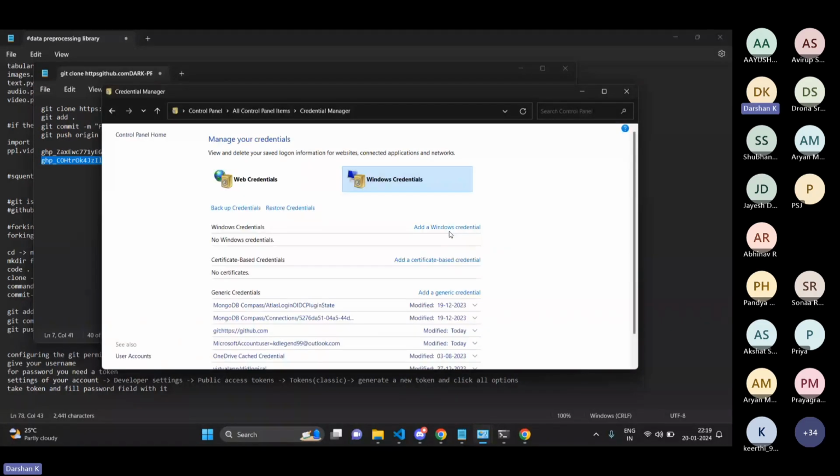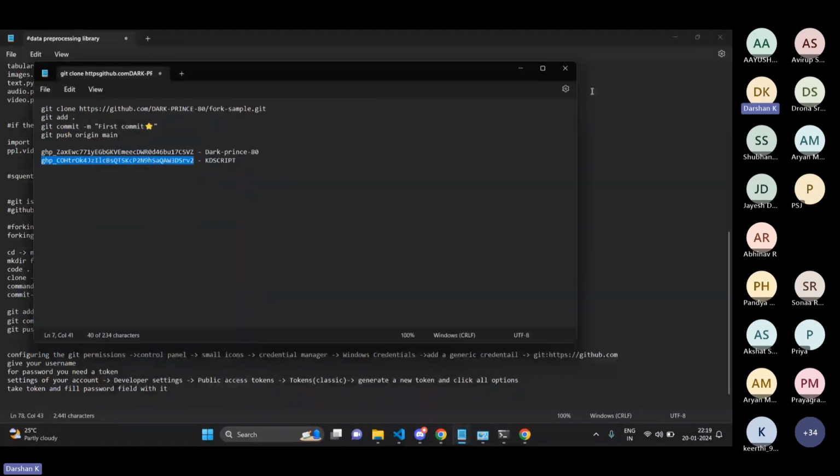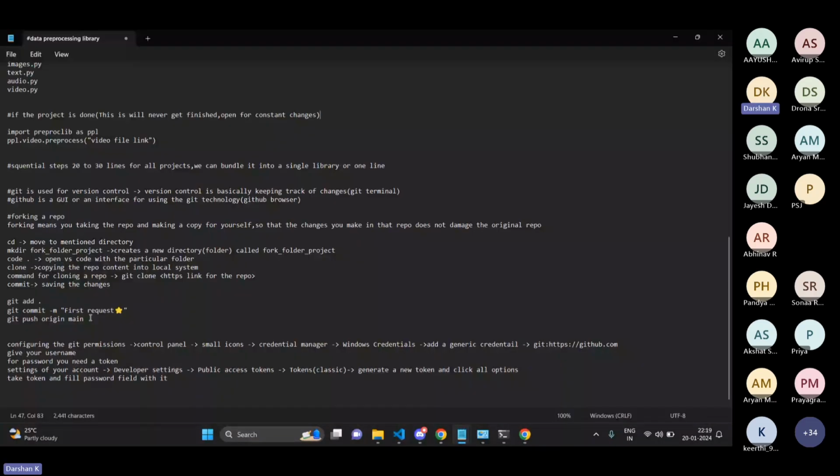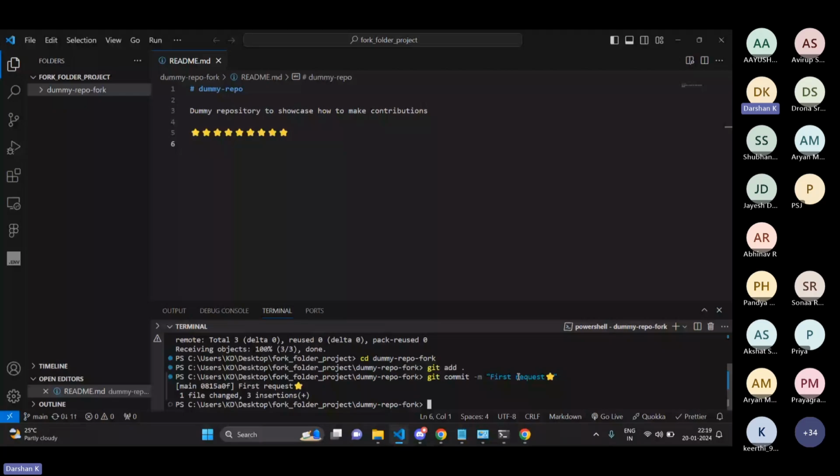So I have configured VS Code to work with my GitHub account. So right now we have just committed our first request, and then hopefully if I put git push,